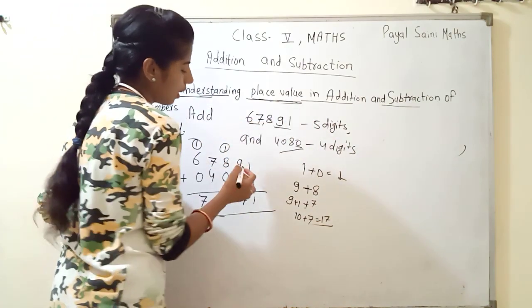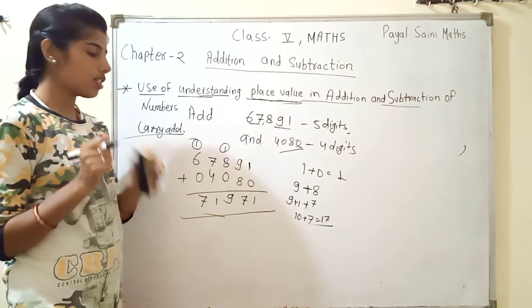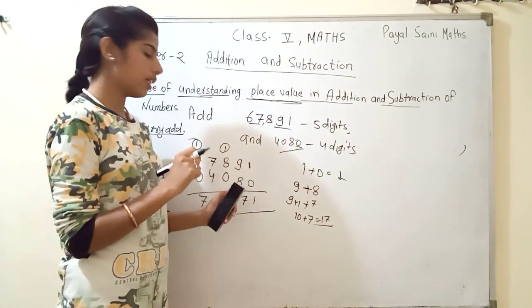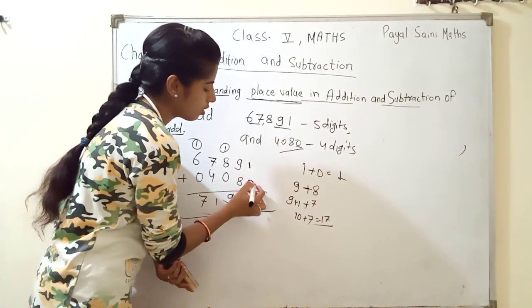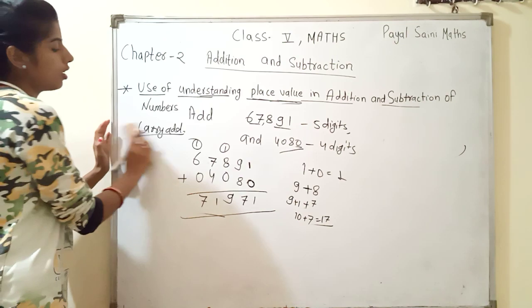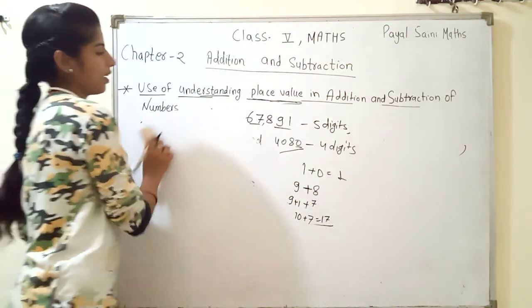Place value means where is your ones place. In the first number, where your ones place number is written, there you write your next number's place value of ones. Like that in your subtraction, it is your 4 carry. Now we check in our subtraction.